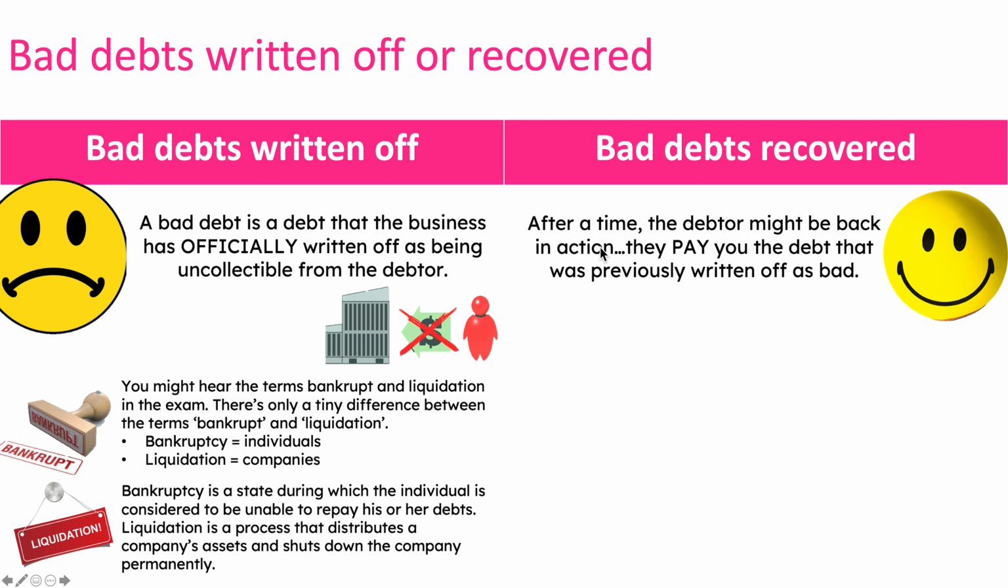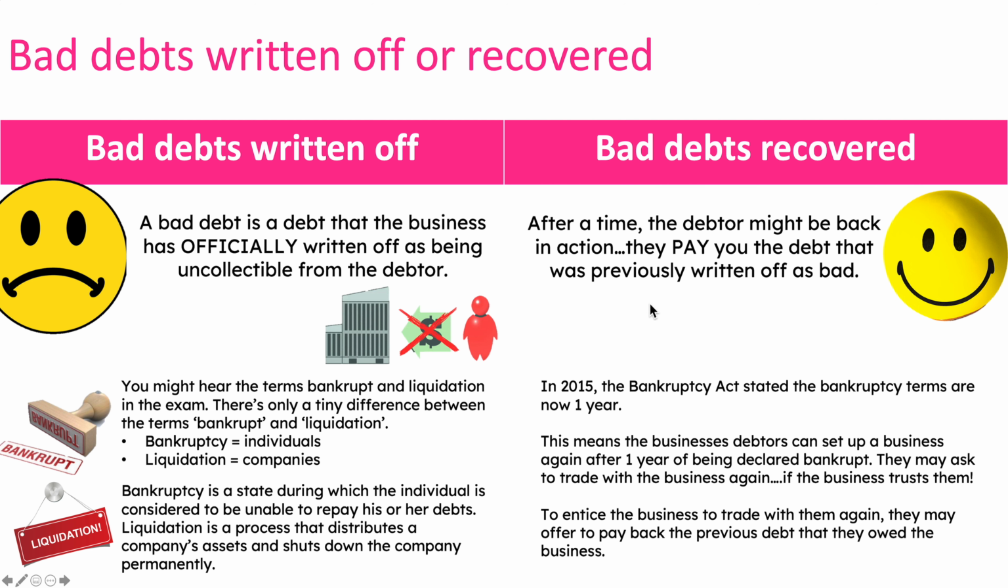So with bad debts recovered after time, the debtor is back in action and they pay you the debt that was previously written off as bad. So this is brilliant. Just a bit of background here: in 2015, the Bankruptcy Act stated the bankruptcy term is now 1 year. This means the business's debtors can set up a business again after 1 year of being declared bankrupt. They may ask to trade with the business again if the business trusts them. So to entice the business to trade with them again, they may offer to pay back the previous debt